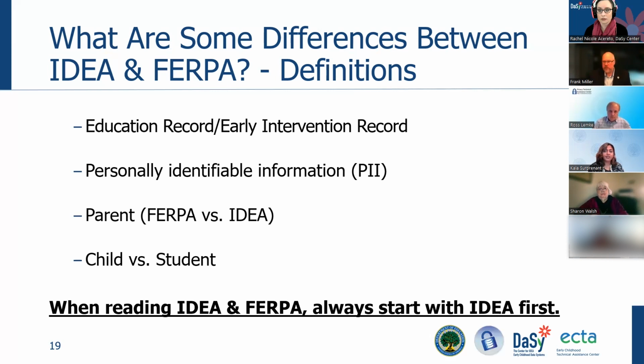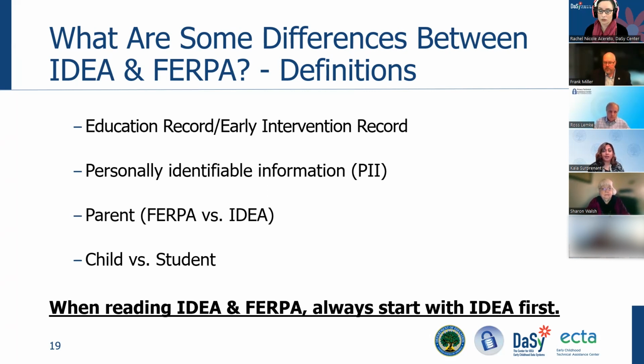Another area where IDEA differs is our definition of parent. We have a much more granular definition of parent, and we have a hierarchy. In our regulations, the definition of parent includes the biological or adoptive parent, a foster parent, and then others with whom the child might live, for example, a step-parent or grandparent. We also have a hierarchy provision that says when multiple people are seeking to act as the parent, in general, the biological or adoptive parent's rights are honored first, unless there's been some sort of legal termination of those rights. In addition, under IDEA, we have references to court orders and their significance for the definition of parent. We'll talk about a scenario later where we get into the definition of parent, but I wanted to highlight that the IDEA definition of parent is much more specific